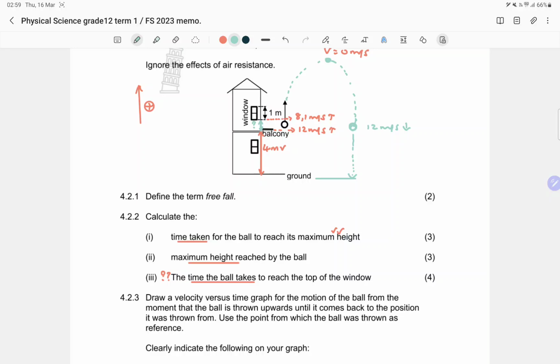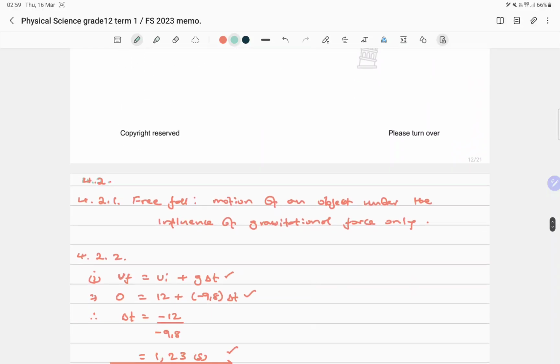So for me, it sounds like that, because they didn't specify when this ball is doing what it's doing. So to plan this attack here,